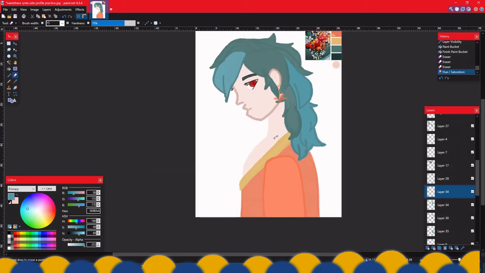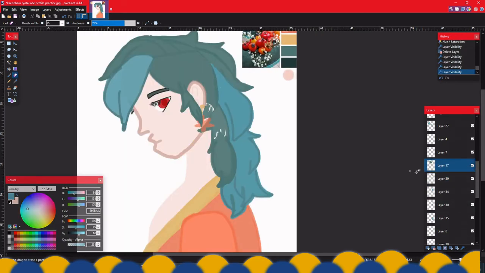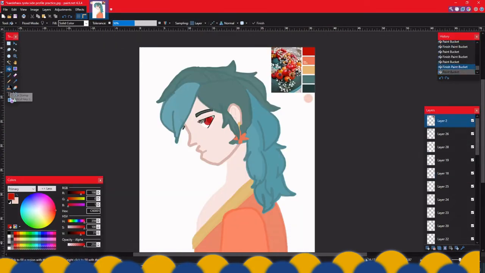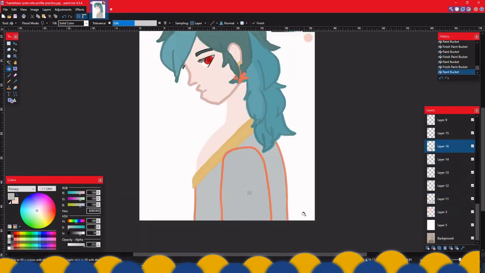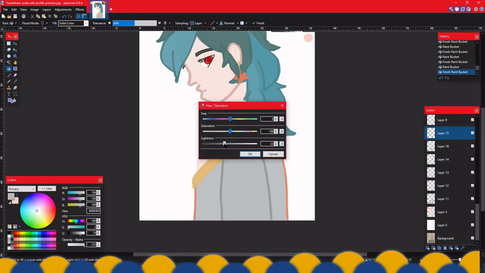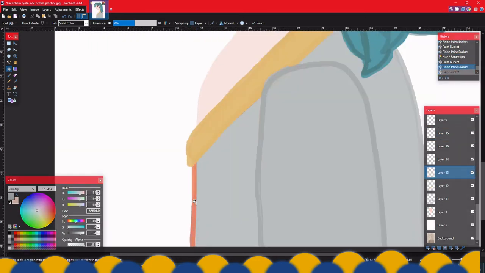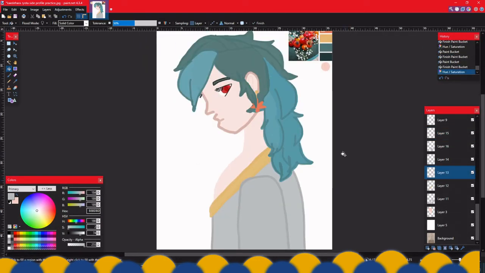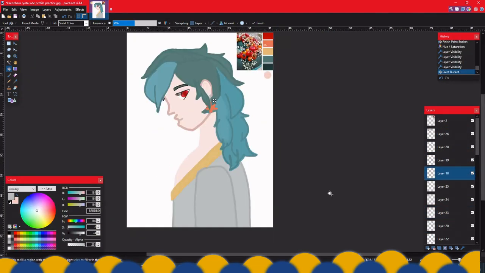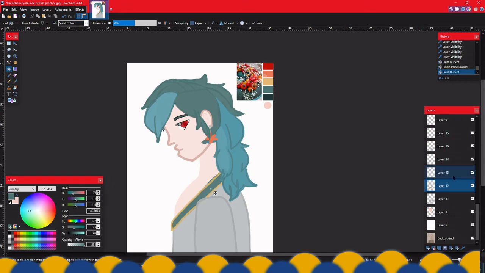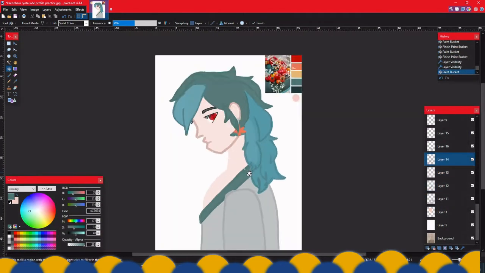But later on in the sketch, when I change the color of his clothes, you'll see that he actually enters a more mundane kind of characteristic, which is exactly what I wanted, because his initial personality just goes like, I just want to blend in with the crowd. I don't really want to stand out. I don't want to be noticed by anybody. That's why he rejects his delusion in the first place, because he doesn't want the responsibility that comes with it.